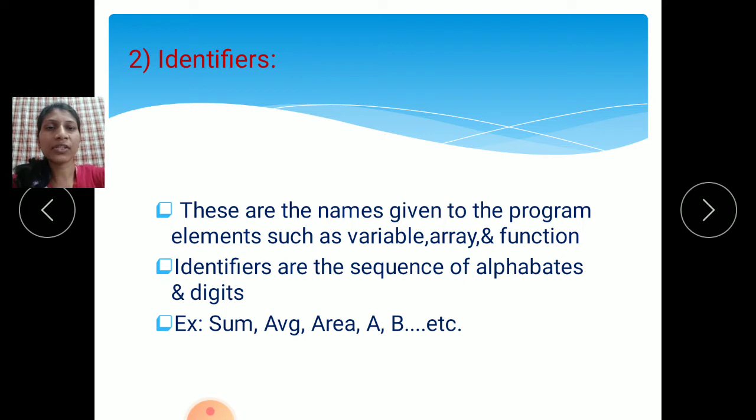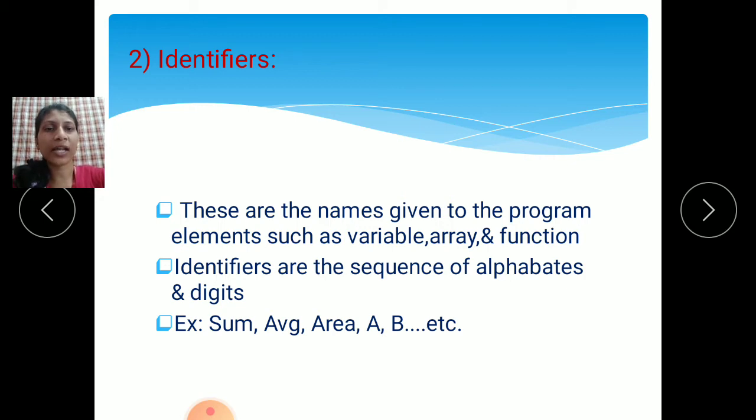For example, if you have written the addition formula in your program, you will give the program the name sum. That name given to the program element is called an identifier.